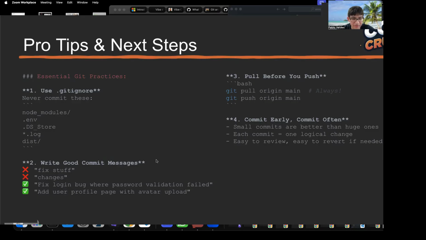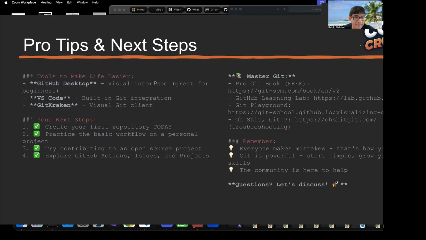And of course, you want to write good commit messages to specify what your code is doing or what the changes are. Commit early. Always make sure you have the latest changes. And you could use some additional tools like GitHub Desktop to have more of a visual interface, because most of this is in the command line, and that could get confusing if you're not too familiar with the command line.